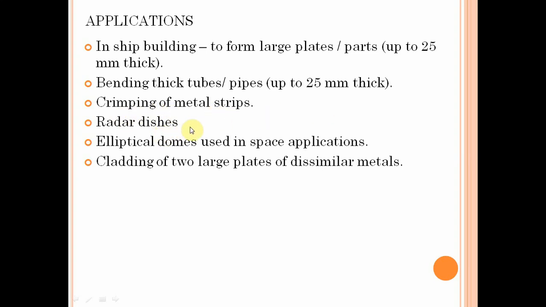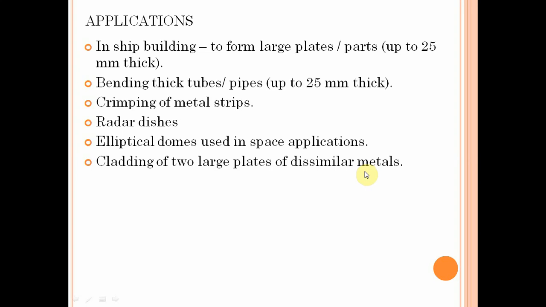Radar dishes, which we use in the military for detecting foreign objects, may also be used in ocean applications. Elliptical domes used in space applications. Cladding of two large plates of dissimilar metals.